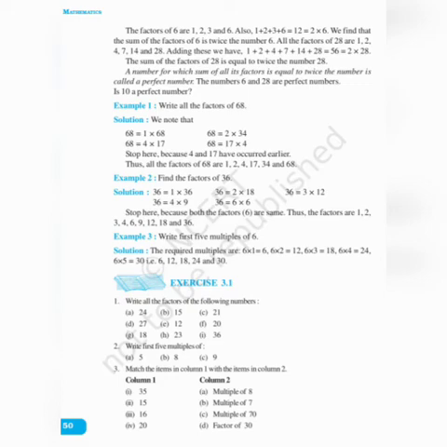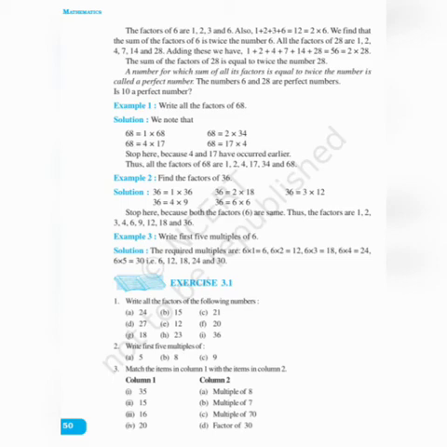Now shall we start? 68 is a bigger number. For 10, we can count and say it comes in the first table, second table, fifth table, 10th table. But for 68, will you go till the 68th table and check it? No, it is hard. That is why they have written it like this: 1 into 68, then 2 into 34.